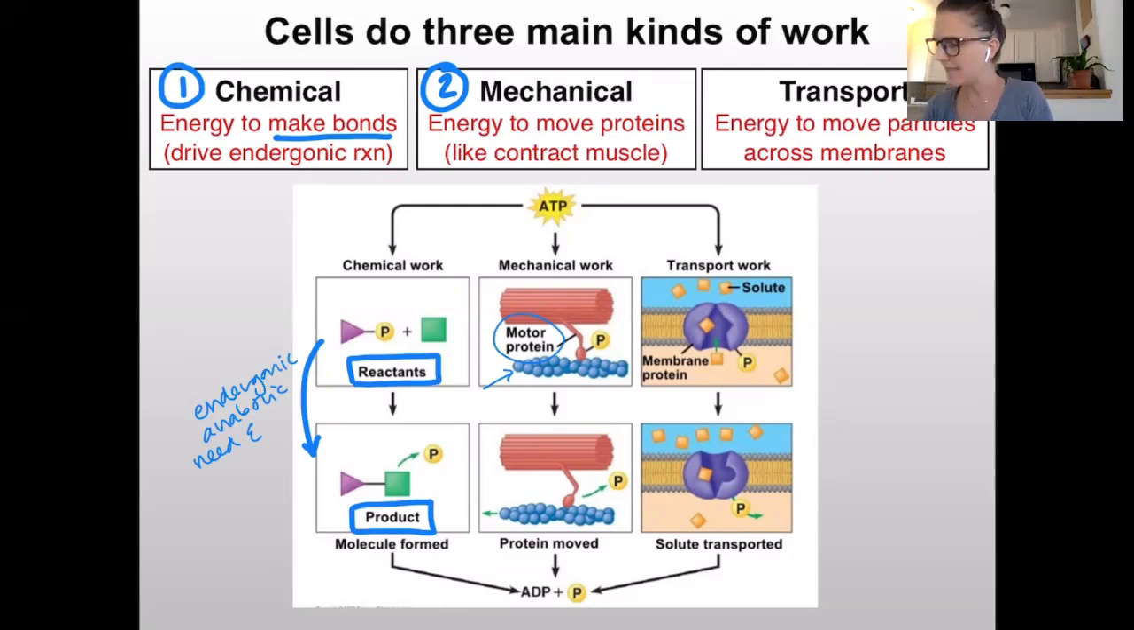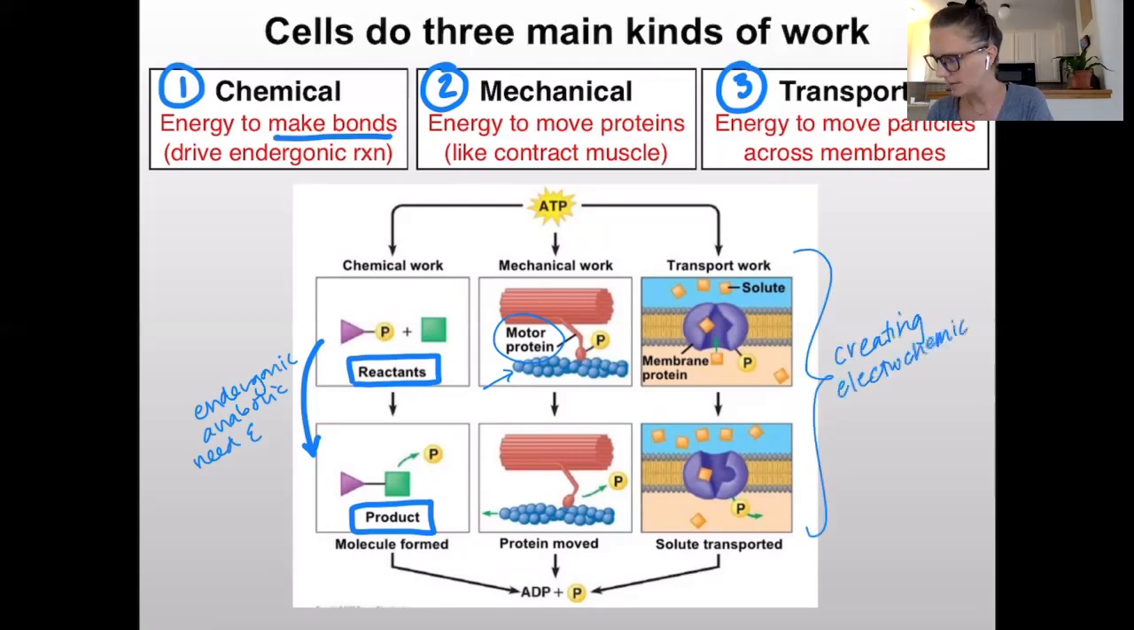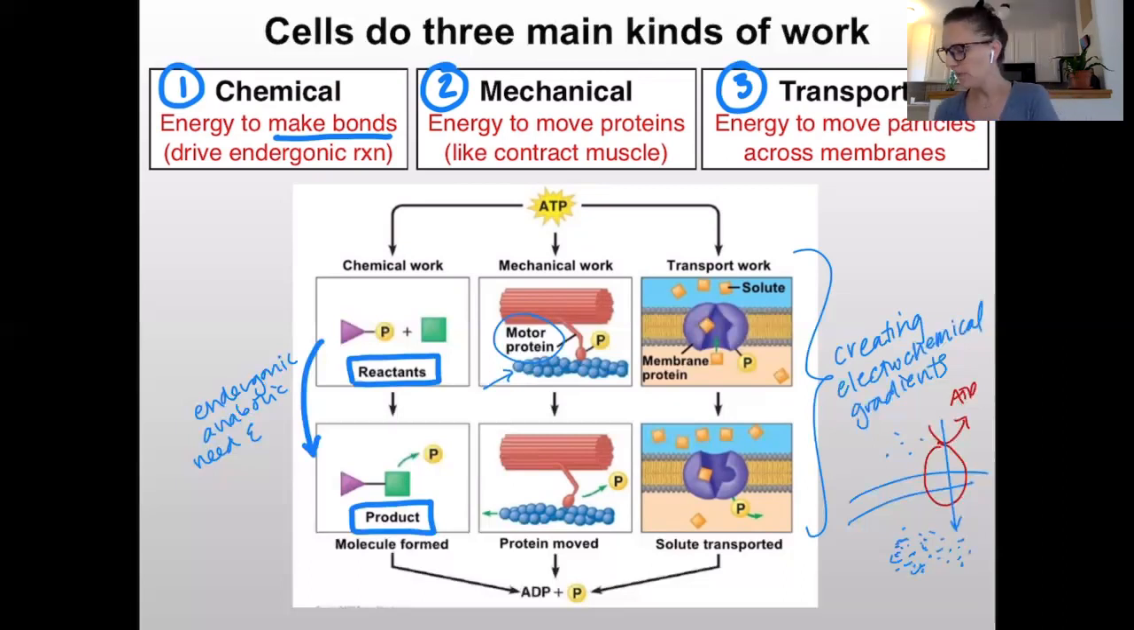All right, the third kind is transport. And we already talked a lot about this in chapter 7, where it is the energy to move particles across a membrane, right? For example, this is really important for creating electrochemical gradients. What I mean by that is if we have a membrane and we have a few particles out here and lots in here, meaning inside is a little hypertonic, then we can use ATP to continue to shove more blue molecules over here, against the concentration gradient. And that's going to be really important for creating these electrochemical gradients. So cells do three main kinds of work: chemical, make bonds; mechanical, move proteins; and three, transport, moving things